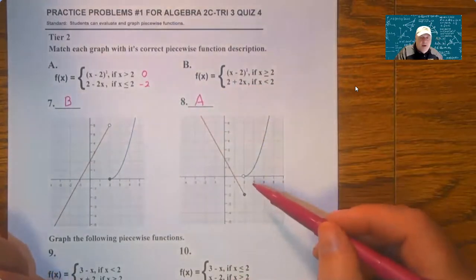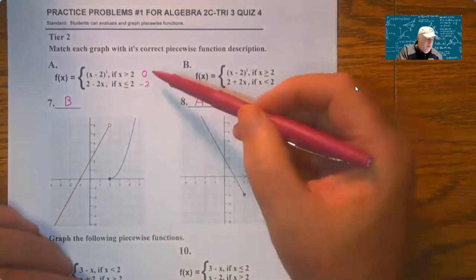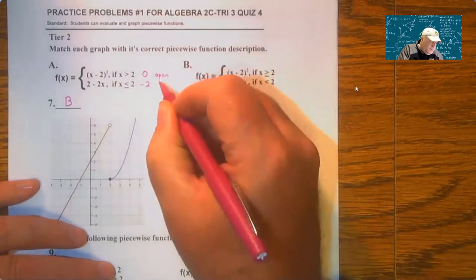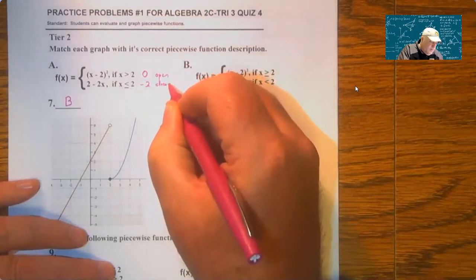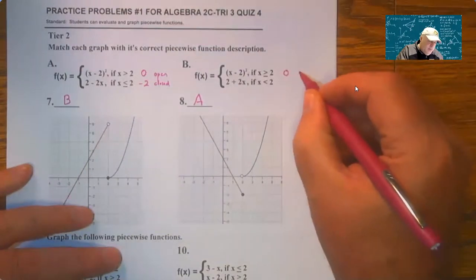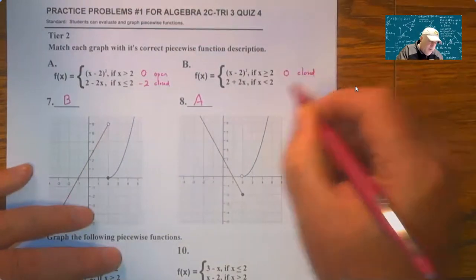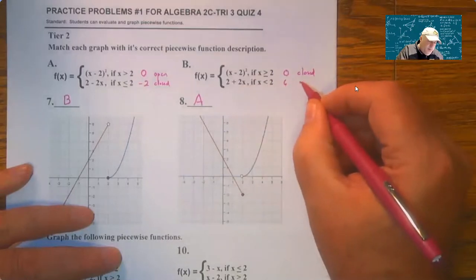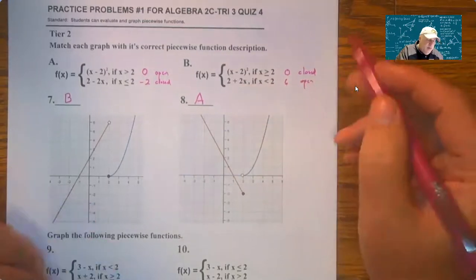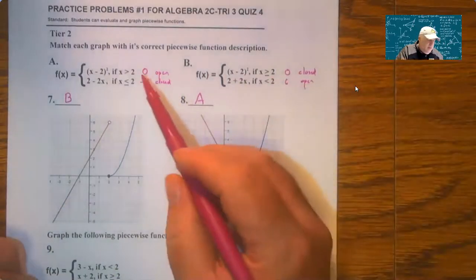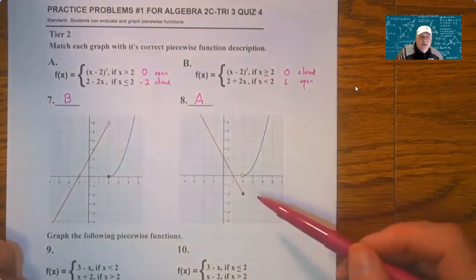So these are y values. You're looking for those y values on the graph. And then this would be an open circle. This would be a closed circle. And same thing over here. You can put 2 in, you get 0, and that's going to be a closed circle. You put 2 in, you're going to get 2 plus 4, that'll be 6, and that's an open circle. And remember, it's really 2, 0, 2, 6 you're looking at, and then 2, 0, 2, -2 that you're looking